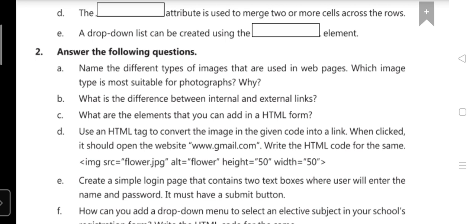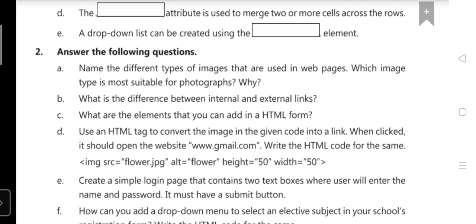Here you have to use the external link, means the anchor tag: a space href equals www.gmail.com, then write the image tag img src equals flower.jpg, alt flower, height 50, width 50, and close the a tag. Don't forget to close the a tag. This code you have to write down as the answer of D.